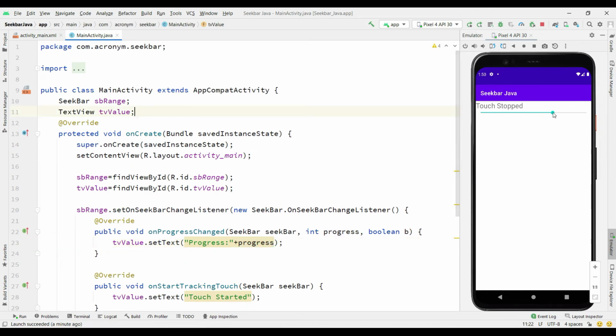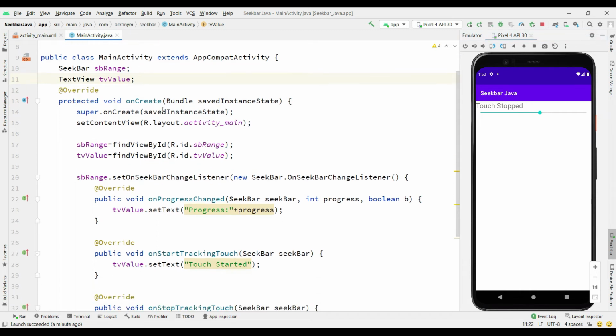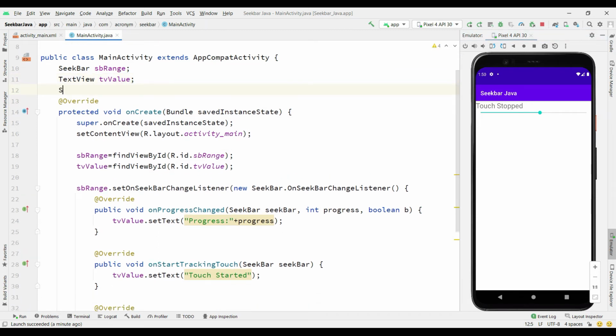Now suppose the value is 56 when it is stopped. I am stopped at the value 56. So now I want to get that value and I want to know it. So how are you going to do that? So simple, I can take the value like